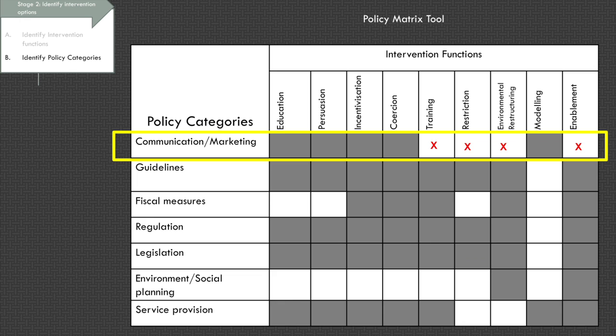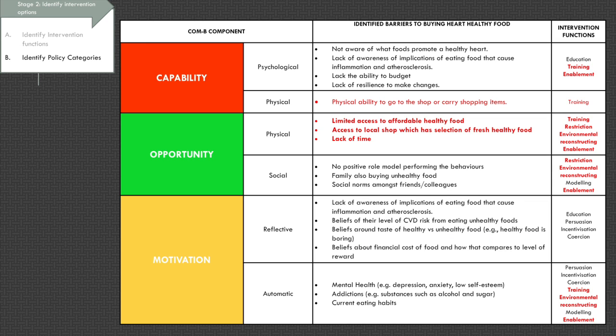So this actually helps to whittle down what we're going to focus on for the intervention, because all the barriers that we identified in our COM-B analysis that require those modes of delivery, we can get rid of them. So as you can see,